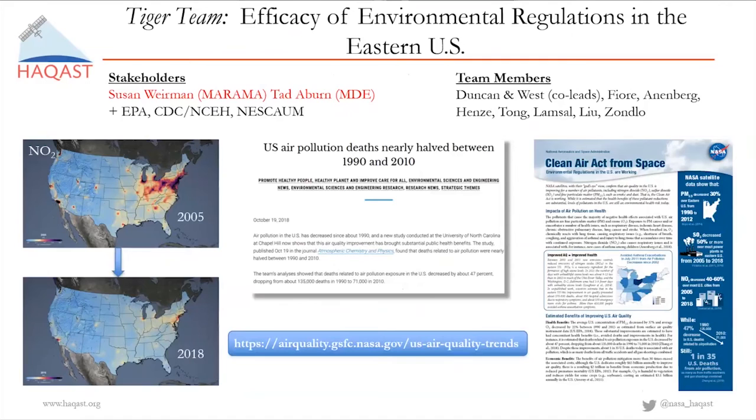This was a perfect Tiger Team project for HACAS because it required all the different areas of expertise of the team members. So we did this study, and of course the satellite data clearly show that air pollution is improving. Jason West did a health study to estimate the health benefits. And we packaged the information in a number of deliverables, including a 4-page fact sheet, so the air quality managers can go to Capitol Hill or their constituents, or even talk to their upper management about how air quality is improving. Please go to this website and you can see more about this project and the deliverables.